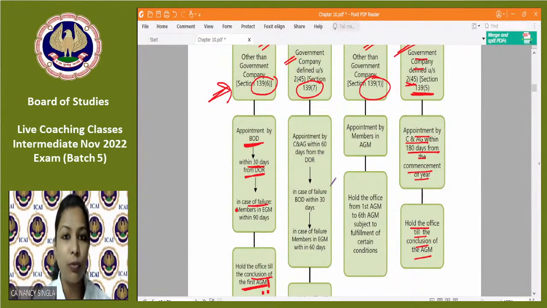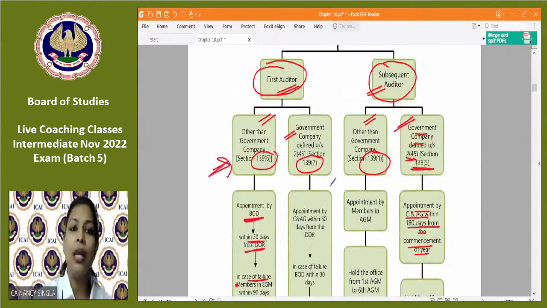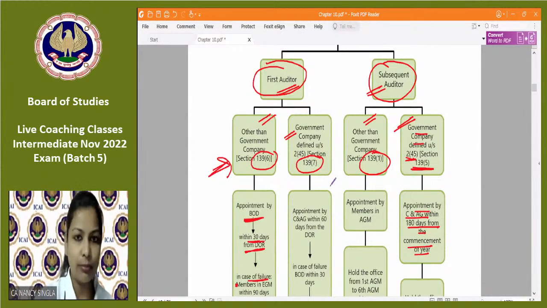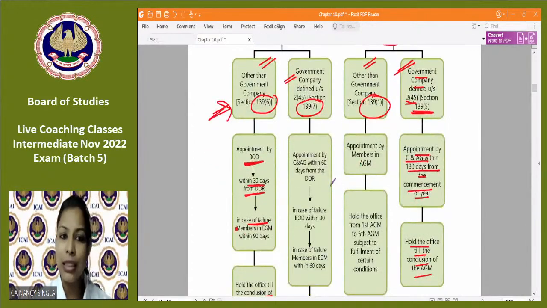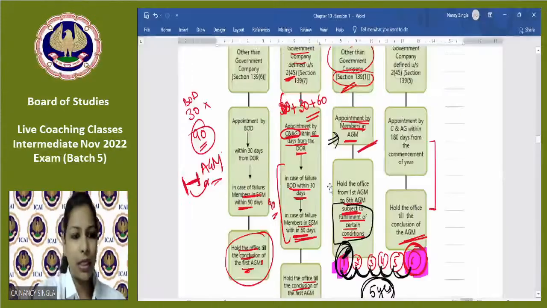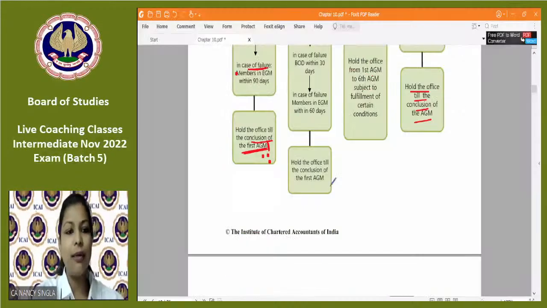सीएजी को 60 डेज दिया, वो नहीं कर पा रहे हैं, बोर्ड ऑफ डायरेक्टर को 30 डेज दिया, वो नहीं कर पा रहे हैं, देन फर्दर 60 डेज टू मेंबर्स एंड होल्ड ऑफिस टिल कंक्लूजन ऑफ फर्स्ट एजीएम। सब्सिक्वेंट ऑडिटर गवर्नमेंट कंपनी में अपॉइंटमेंट 180 डेज के अंदर हो जाएगा फ्रॉम द कमेंसमेंट ऑफ फाइनेंशियल ईयर। कौन करेगा? सीएजी, होल्ड करेंगे ऑफिस टिल द कंक्लूजन ऑफ दैट एजीएम, नेक्स्ट एजीएम। अदर देन गवर्नमेंट कंपनी में मेंबर्स, एवरी एजीएम में मेंबर्स को करना है और वो 6 एजीएम तक होल्ड करेगा। एंड मैंने एक डायग्राम बनाया था ना, हाँ, तो 5 इयर्स का आ जाता है, ठीक है। बट अभी इसको हम लेटर ऑन डिस्कस करेंगे।